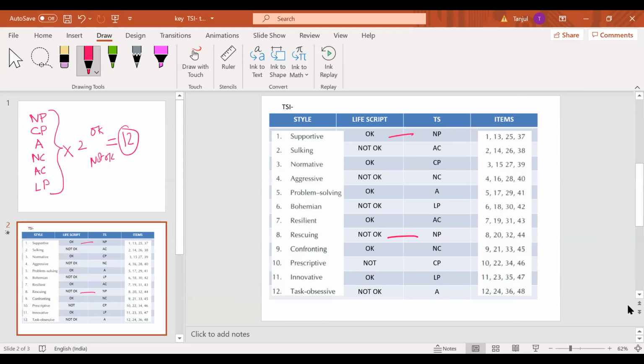That is rescuing. They want to do a project and we say, okay, we'll pay somebody and we'll get a model made. Everything is fed in a silver spoon to our children these days. And okay, now coming to this part, confronting, okay, nurturing, this one.